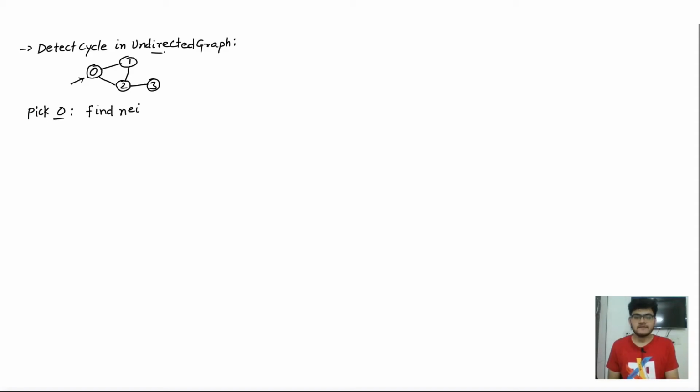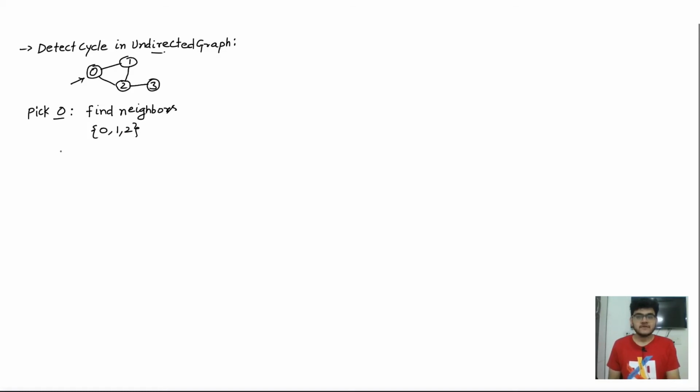So the next step is to find the neighbors, and we know that we can do that easily by traversing inside of the dictionary by using a for loop. And when we find the neighbors, we are going to add all the neighbors inside of a single subset. So you can see that 0 is connected to 1 and it is also connected to 2. So this will form one subset, right?